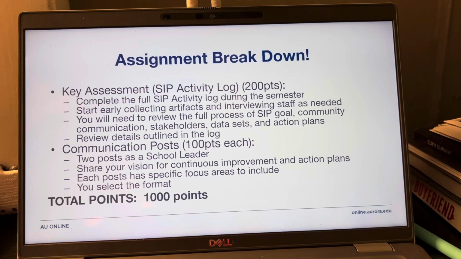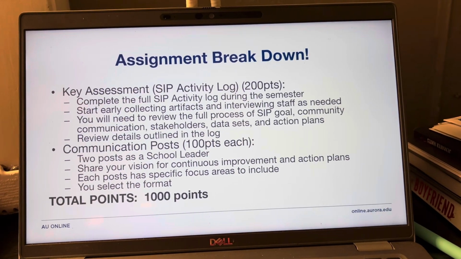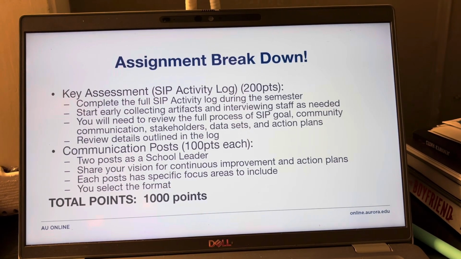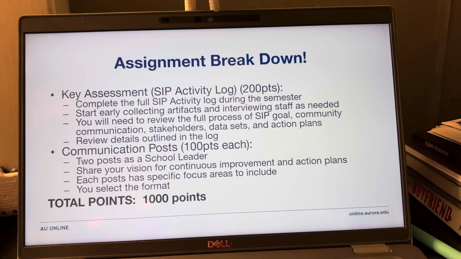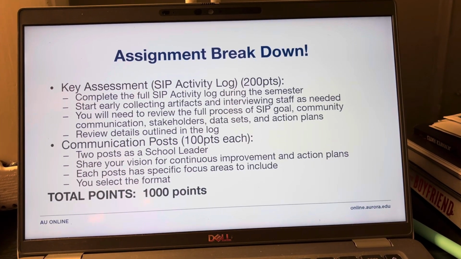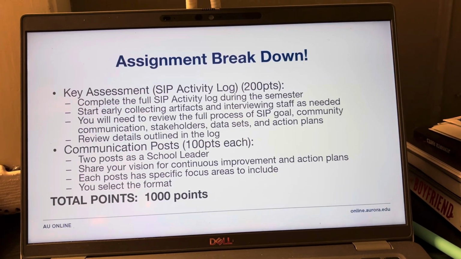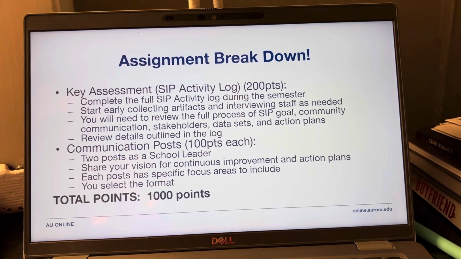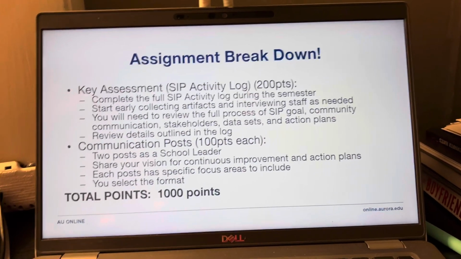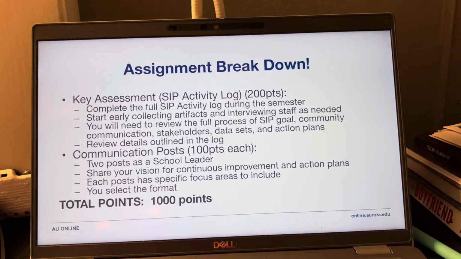The whole class is totaling 1,000 points, which sounds like a lot, but those weekly discussions and weekly assignments really are a large bulk of it. I think they total almost about 700 points of it, and these final 2 are the other 300. Or actually, I might have done my math wrong there. 2, 4, so 600-ish, and the others. Whatever, you guys can do the math. It comes to 1,000 points, but the weekly participation really is a larger bulk of it.